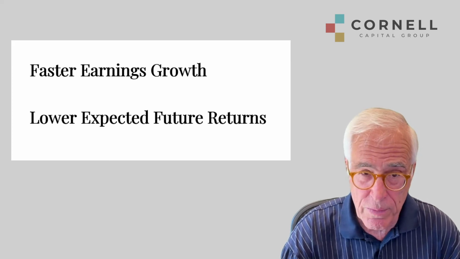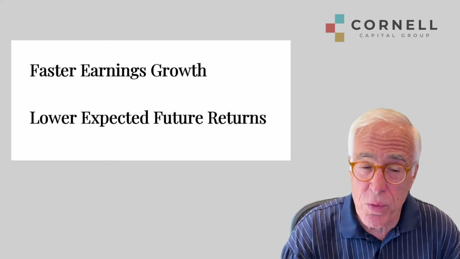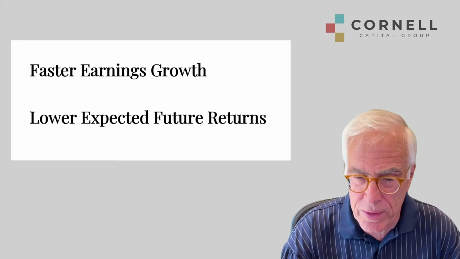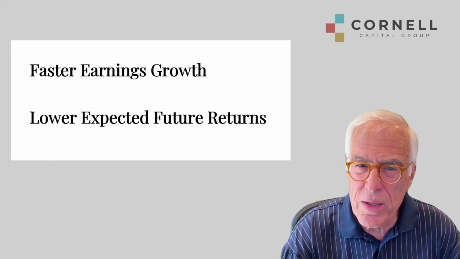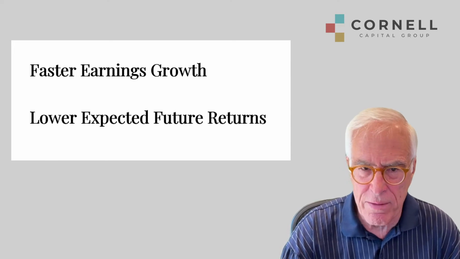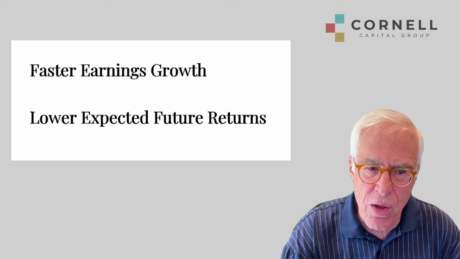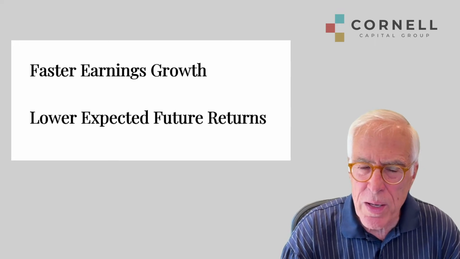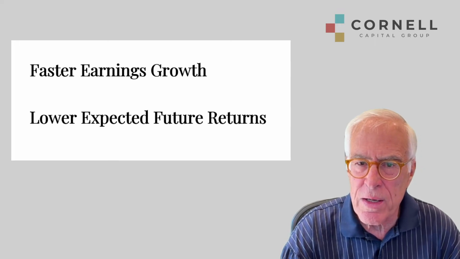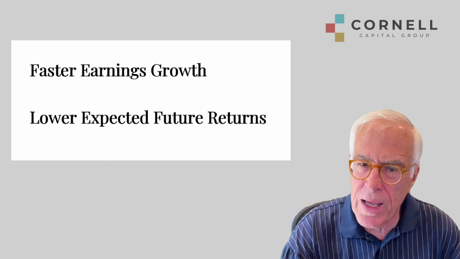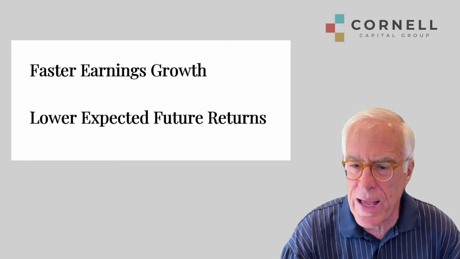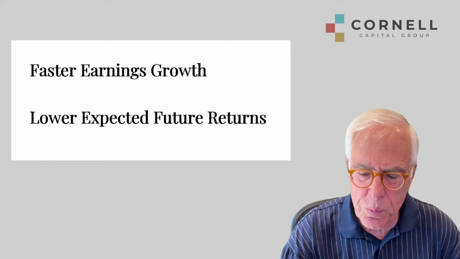But which? Well, in another previous Reflections, we talked about earnings. And I noted that earnings are now particularly high. And in addition, GDP growth has slowed. That combination makes it very unlikely that we're going to see faster earnings growth in the next 5 to 10 years than we've seen in the last 5 to 10. So to explain the high level of the CAPE ratio, it must be lower expected future returns.